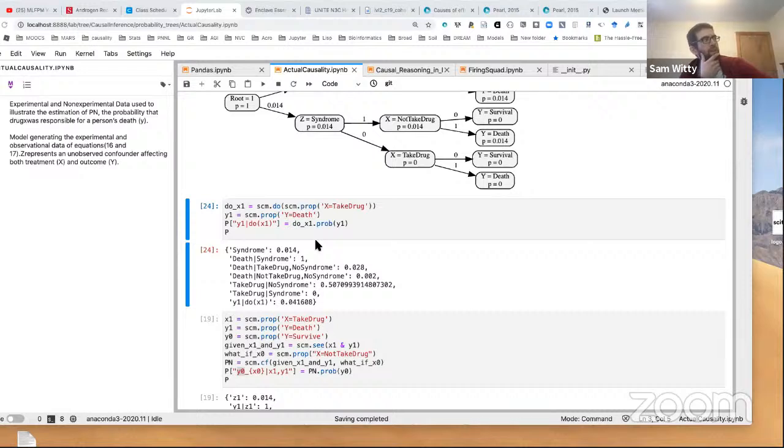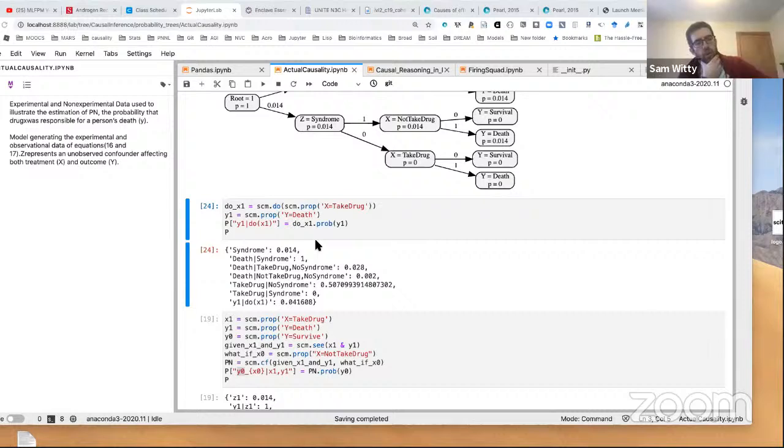Yeah, okay. That makes sense. And then you can flip it around. You can say, all right, let's suppose I see X is false and Y is false. And the question is, if X were true, would Y also be true? What's the probability that Y would also be true? So that's sufficiency. It's sufficient for X to be true to make Y true.